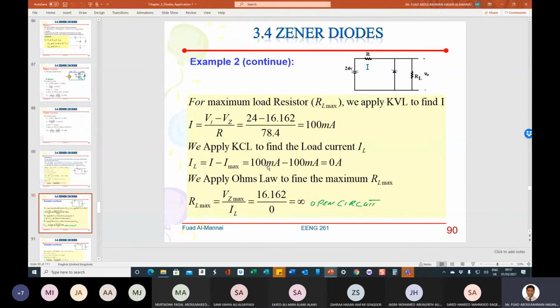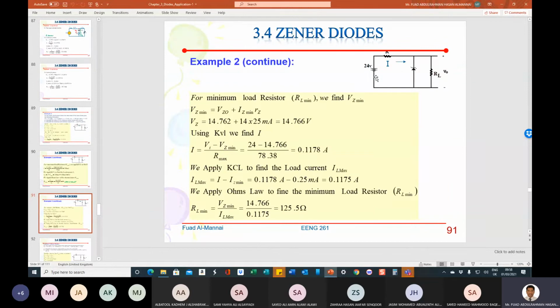Now how are we going to calculate the minimum RL min? Remember that RL min occurs when IL is max and IZ will be min. So let's do that. For the minimum load resistor RL min, we find VZ min, and VZ min is 14.766 volt. All right, guys. KVL will give you I, because we want to calculate I. I will be equal to